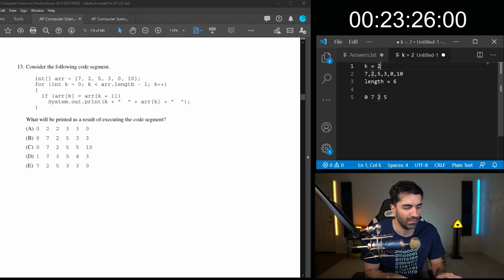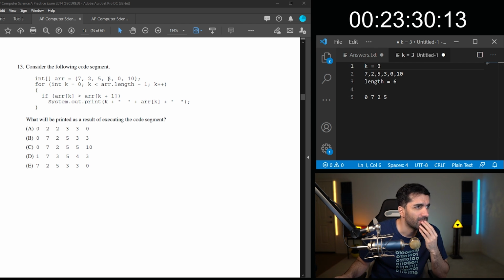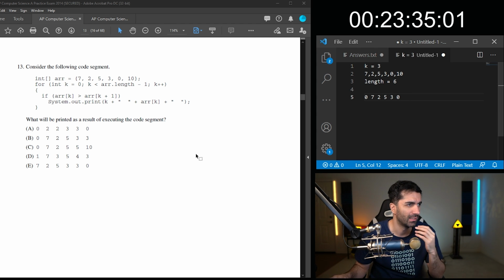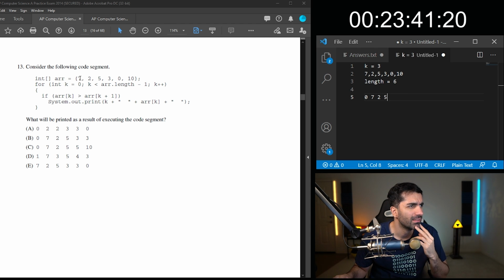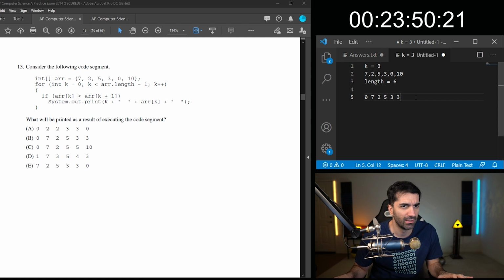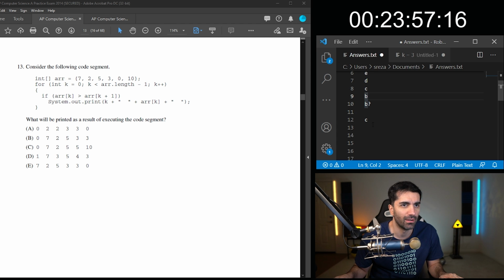Then k is 3. 3 is greater than 0, so we print out 3, then 0. Oh wait, that's not one of the solutions. 0, 1, 2, 3. So 3 is greater, yeah, wait, it's going to be 3, 3, right? So 0, 7, 2, 5, 3, 3. That's going to be B, which is going to be our answer.